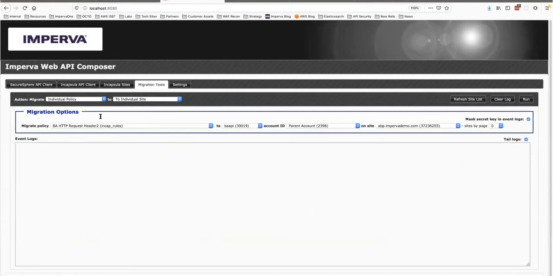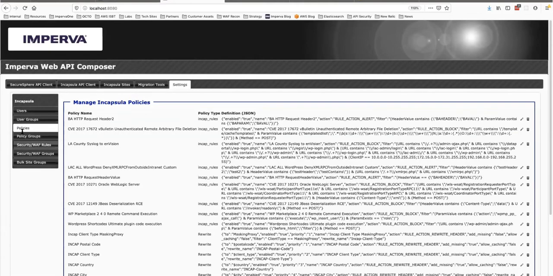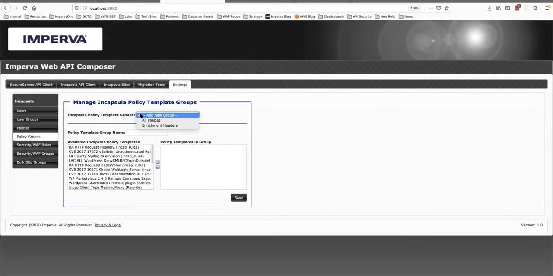The Migration Tools tab gives me the ability to select what I want to actually migrate: an individual policy or a group of policies, to an individual site or a group of sites. So let's say that I have an enterprise set of policies, 10 or 15 or 20 of them from one site, and I want to migrate those to N number of other sites. I can now simply go to this portion, policy groups, and say I want to take all of my enrichment